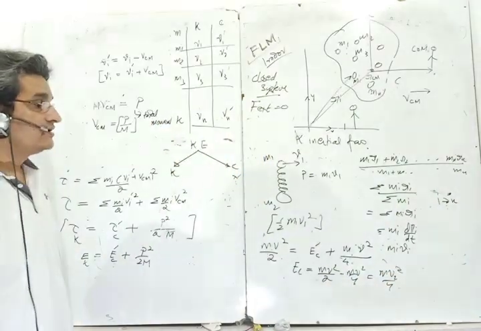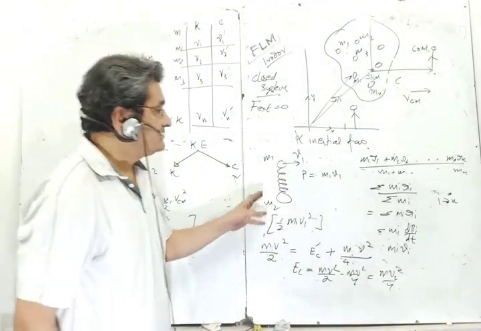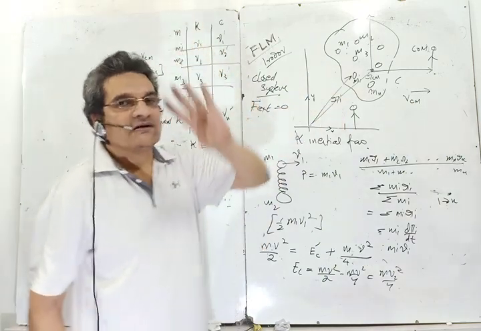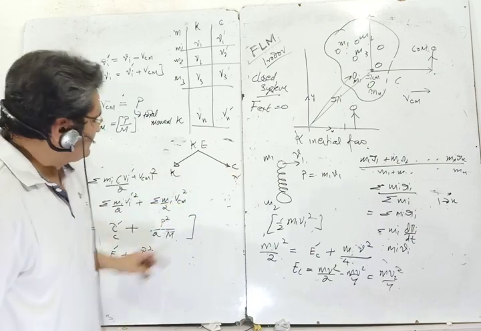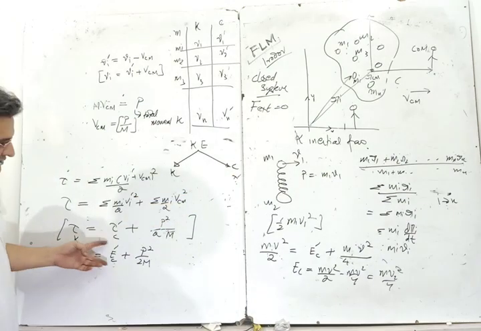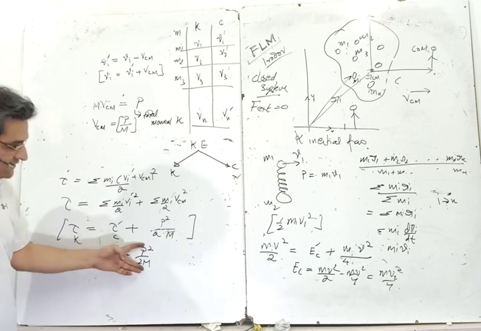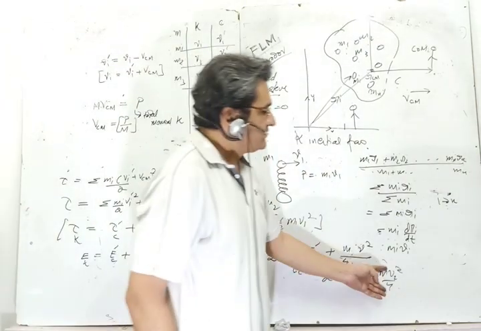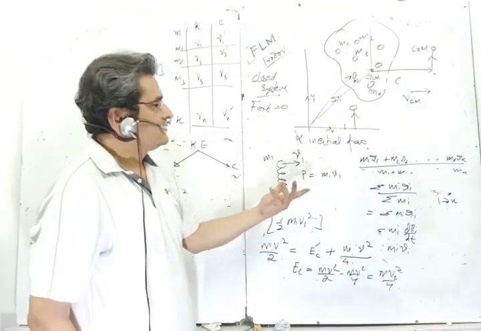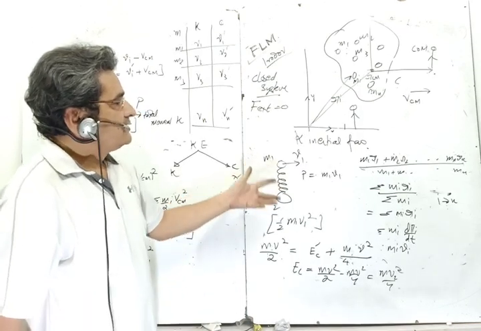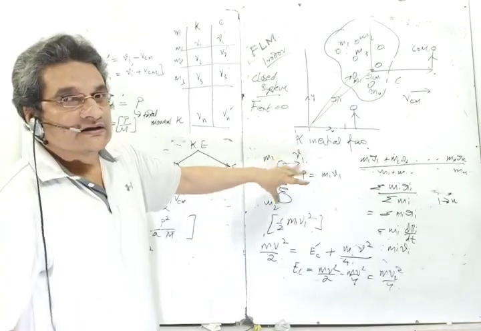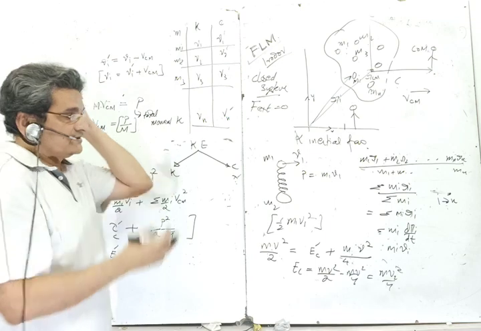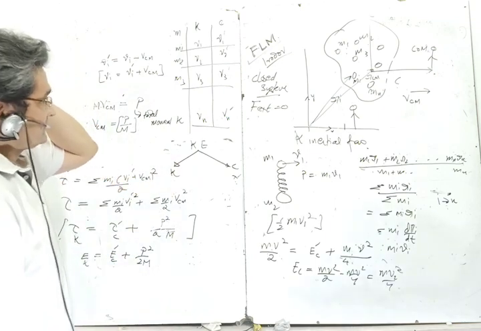You will say where the energy has gone. This is the mechanical energy in the center of mass frame. But center of mass itself is carrying some energy. So the total energy in K frame is mechanical energy in the center of mass frame plus this. Then it becomes the total energy. So don't get confused. It is not the total energy. It is the total mechanical energy in the center of mass frame. And it can be stored in terms of mechanical energy or the velocities of the two particles, depending on the position of the spring. So that detailed analysis is there in some other problem. So here the limited point was to cover this equation.